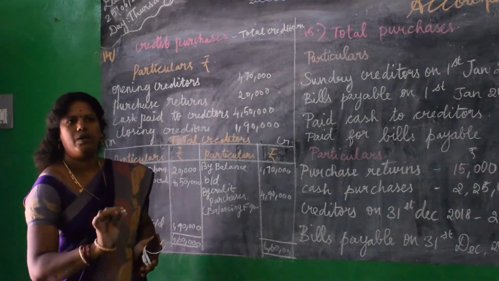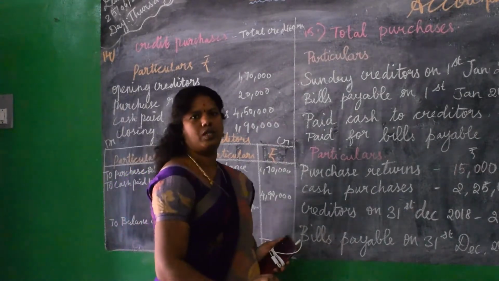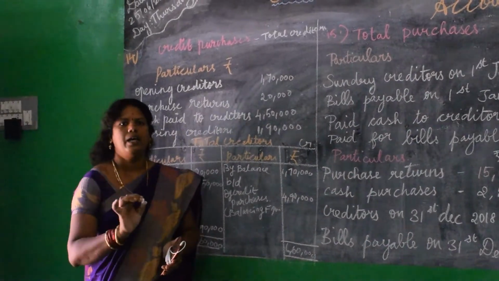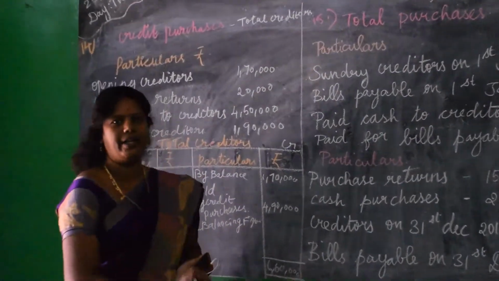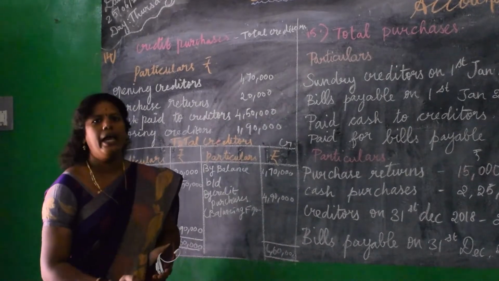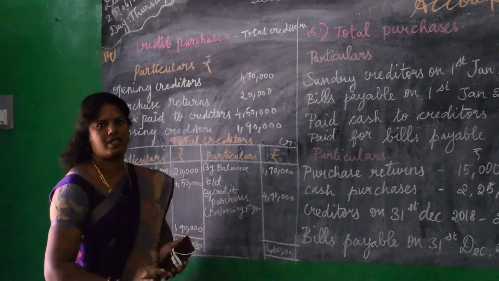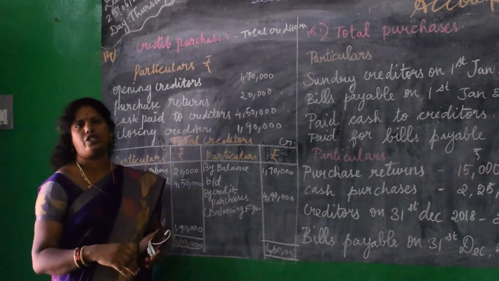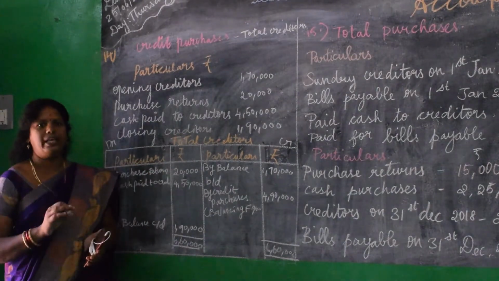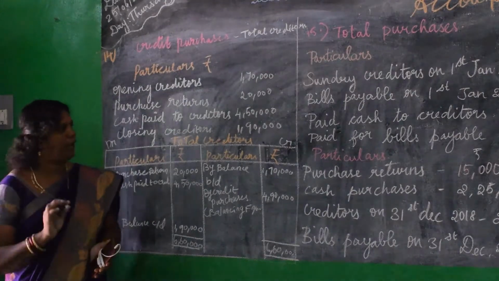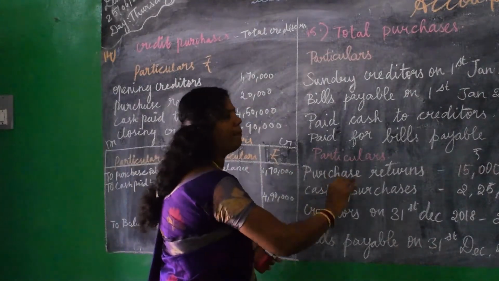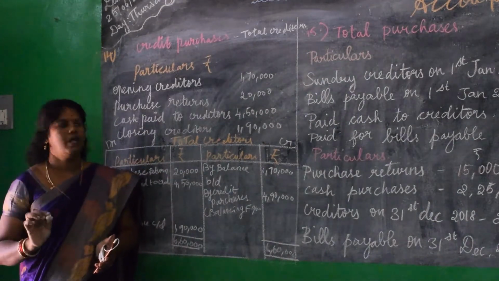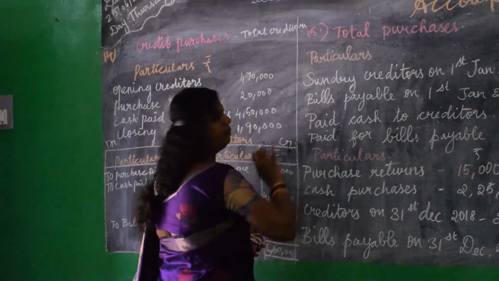A person who has bought a product from us, that debtor, for some amount, has made a credit sale. After a stipulated period, he is expected to make a payment. That is called a bills receivable. We will receive a voucher or a bill of exchange or a promissory note, which he has accepted. Bills payable means he is making a payment of the amount that he has accepted to pay. That is called the bills payable.